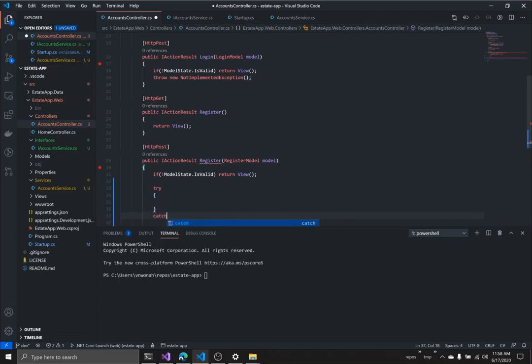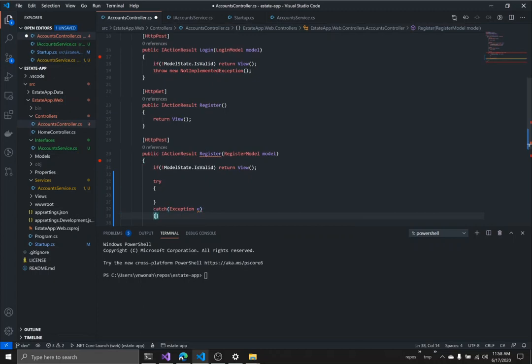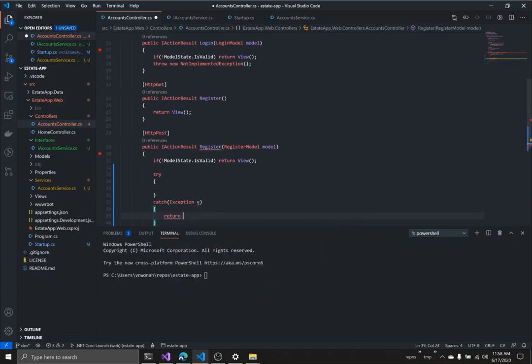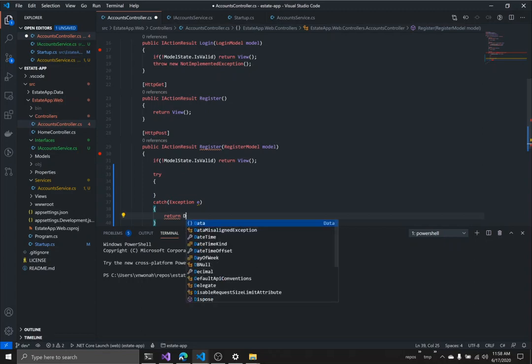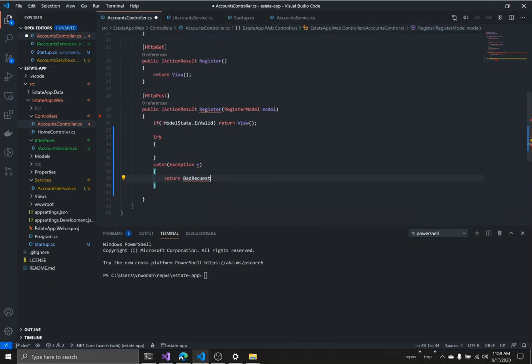A lot of people already know exception handling, but please signify if you don't know what I'm doing with the try catch here, so we can do a video on exception handling. So this part of the code says if something wrong happens in the application, just return a bad